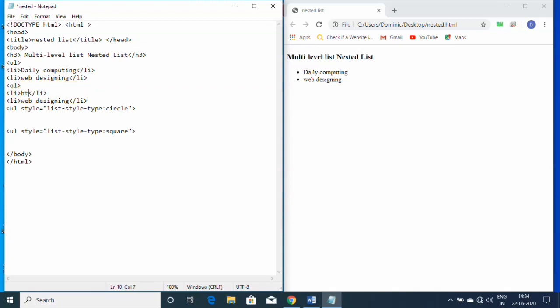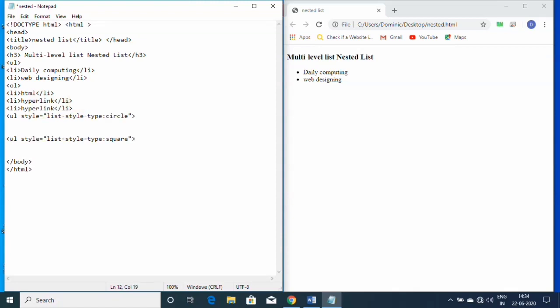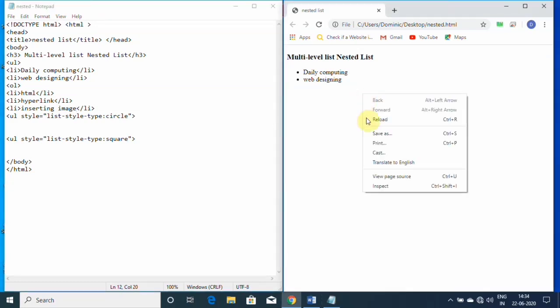Here I am typing HTML, hyperlink, inserting image. Save this program and refresh the browser and see the output.